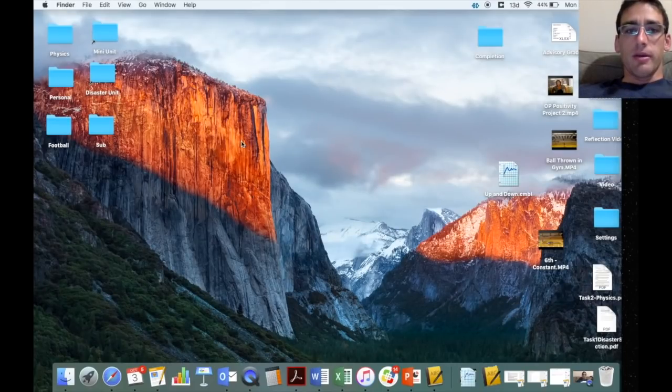Okay, guys, this is going to be a tutorial on how to use the motion capture function of Logger Pro. I've got Logger Pro already. Some of you guys, well, most of you guys don't. So you're going to have to go to self-service. It looks like this thing here, or you can